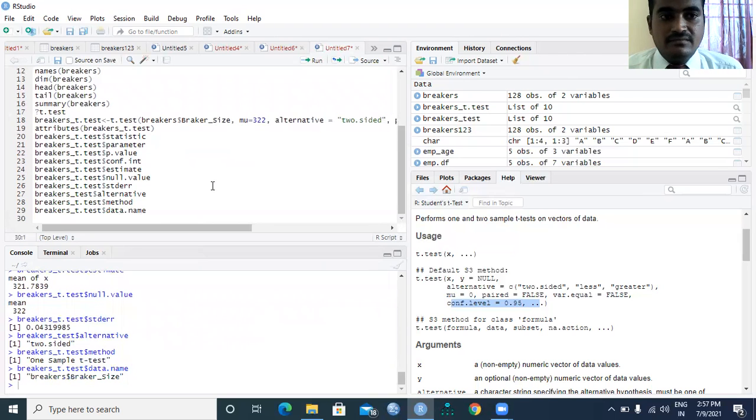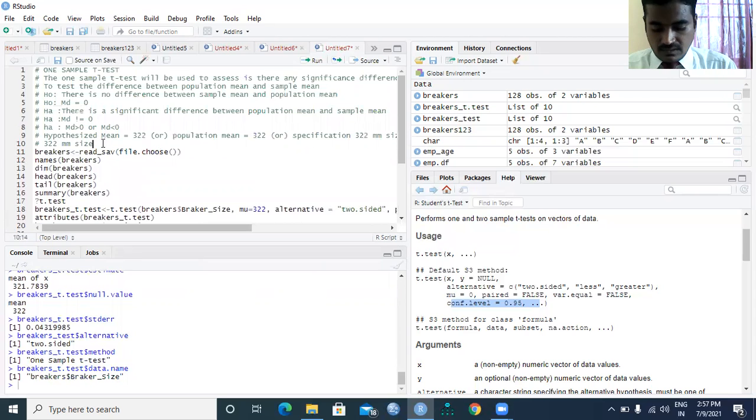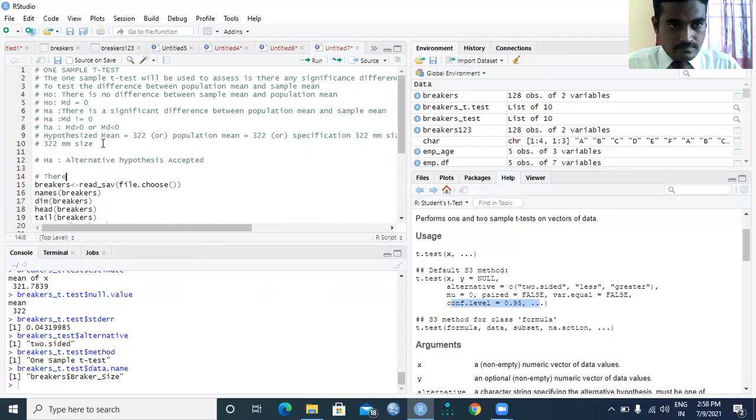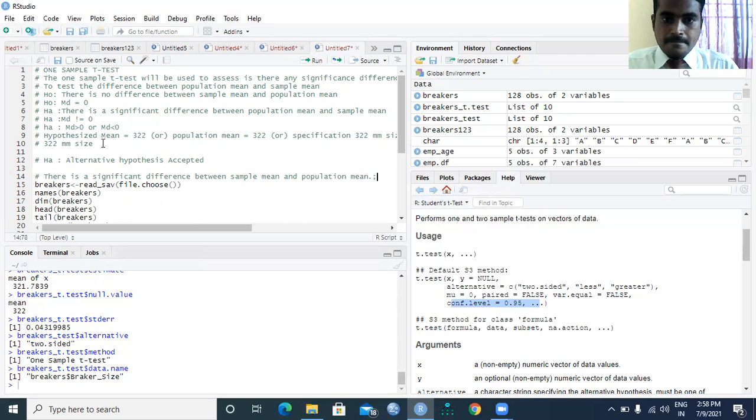So at the end, we came to know that the alternative hypothesis HA is accepted.